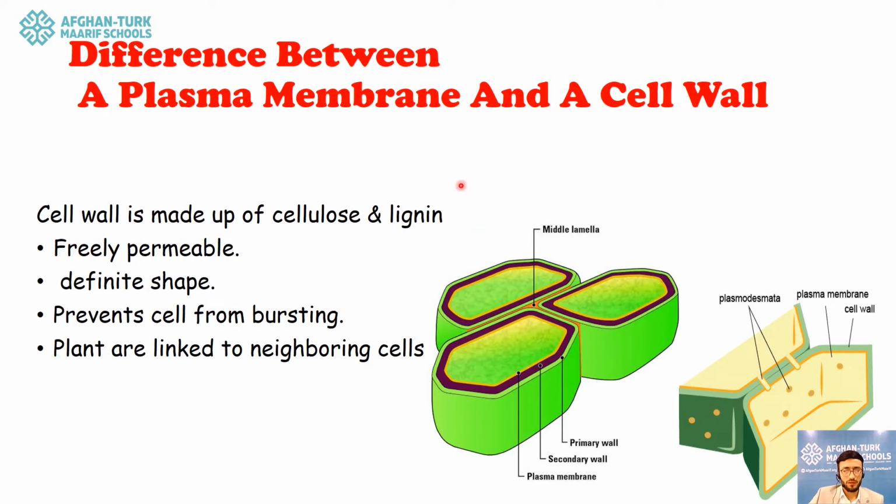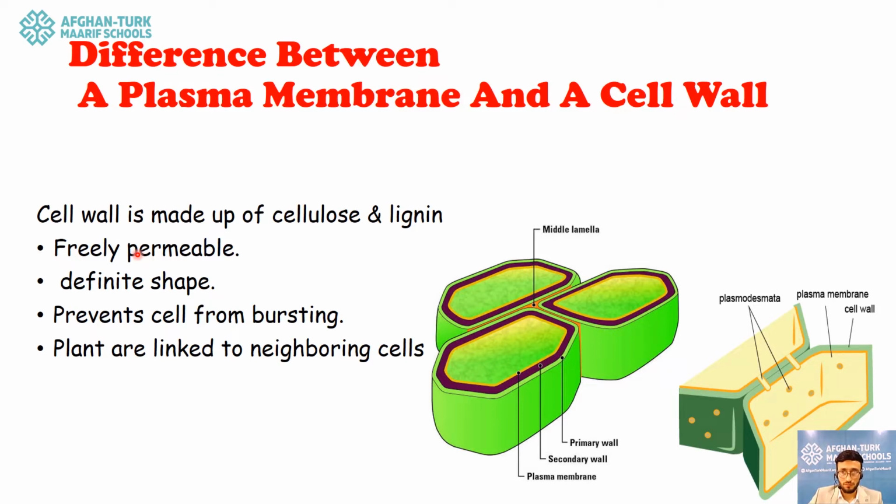Another difference that you can find between the plant and animal cell is the cell wall. What does it mean? It means that the plant cell possesses two layers of membranes. One is the cell wall, which is made up of cellulose and lignin, and it is freely permeable. Animal cells do not possess a cell wall. So what is the function of the cell wall? The cell wall is freely permeable. It means it admits any kind of substances to get inside and outside of the cell,